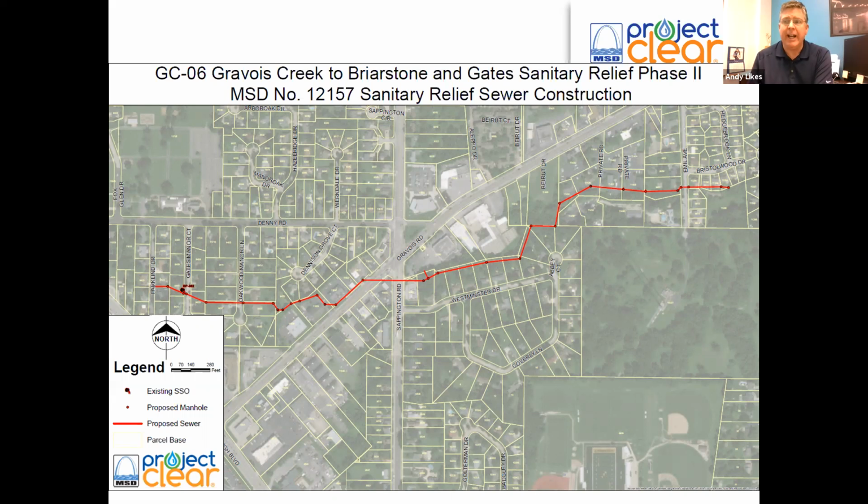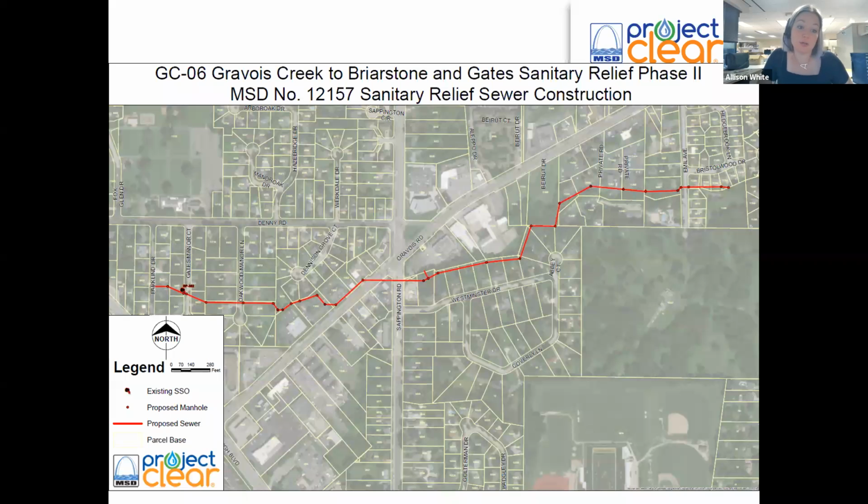One other question that we get a lot, Allison, is what are those little dots that people see on this map that are on the screen? Are those manholes? Yes, so a majority of our proposed alignment, which is shown with the red lines, that's the sewer. They're red dots with a black outline. Those are our proposed manholes. A significant portion of both the sewer lines or pipes, as well as the manholes, are going to be removed and replaced in the same location.